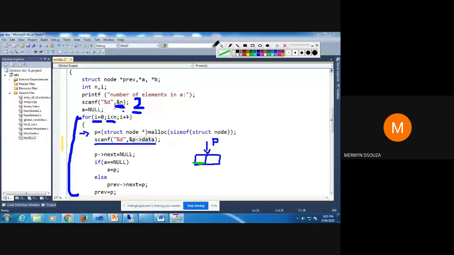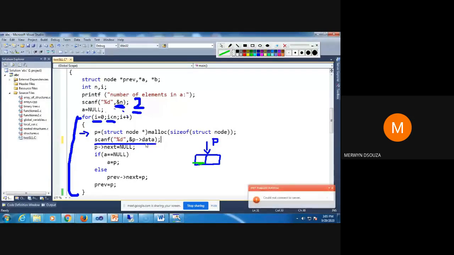Understood? So this is just an advanced way of doing things, skipping some variables and skipping some lines of code. And I would prefer you learn to do programming like this. But if you find the other method better, you can declare one more variable here, item, take the input in the item and then store that item in p arrow data like we used to do in that program. You can do like that also. Okay. Suppose that value I enter here is say 1.